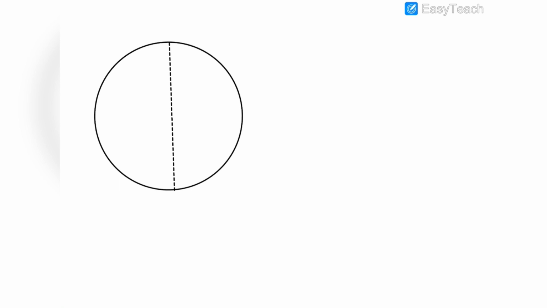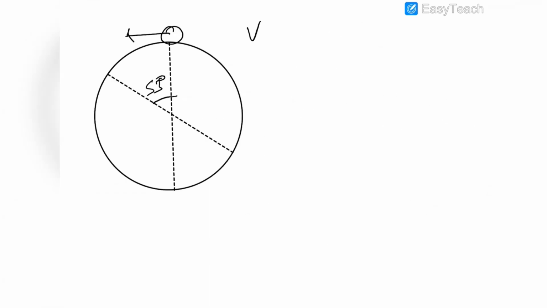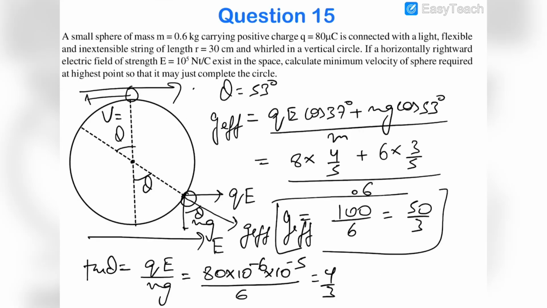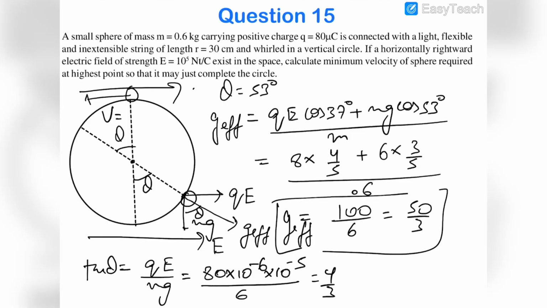This is the vertical line and this is the equilibrium line, and this angle is 53 degrees. At this position we have already calculated that V is equal to 3 under root GL by 5. Now we have to use G effective instead of G. G effective we have already calculated to be 50 by 3. So V will be equal to 3 under root of (50 by 3) by 5, and L is equal to